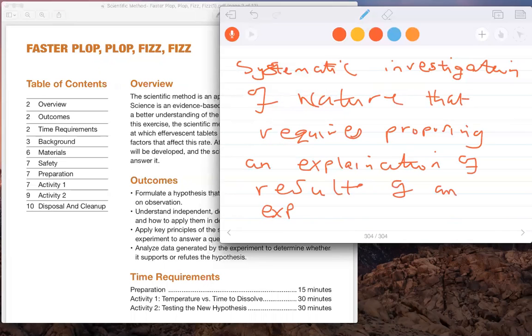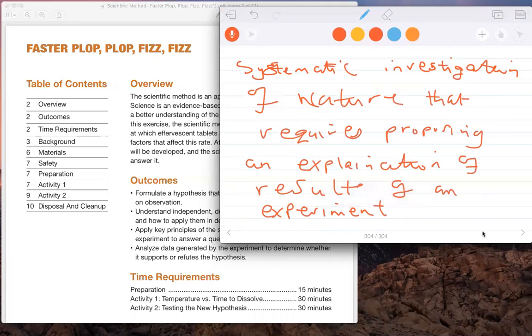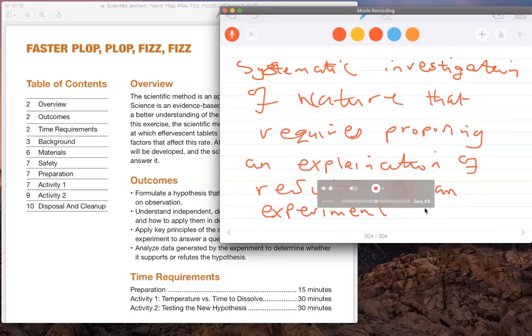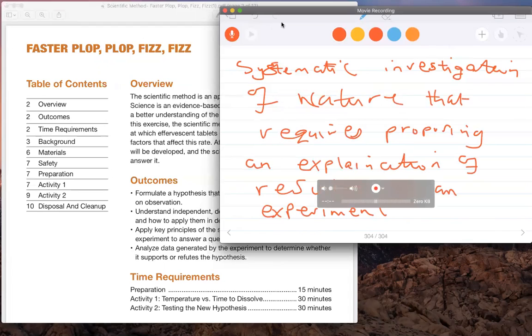This is simply the general definition of scientific method: systematic investigation of what? Of nature that requires proposing an explanation of results of an experiment. So if you end up with the results, you've got to explain them. And it starts with proposing